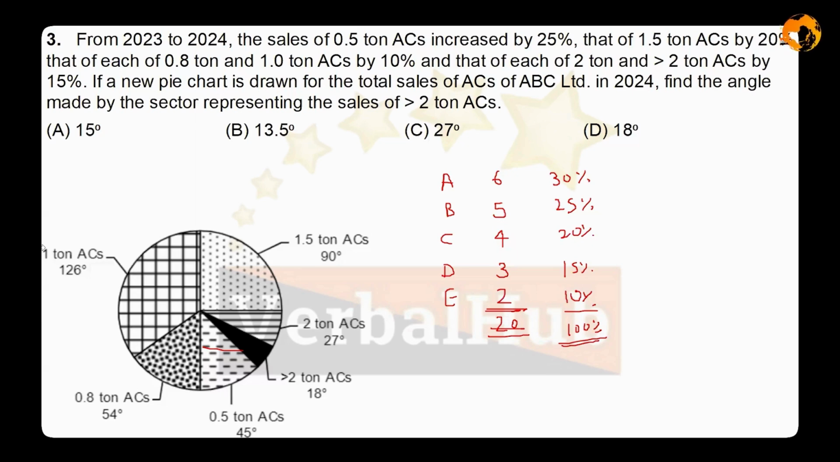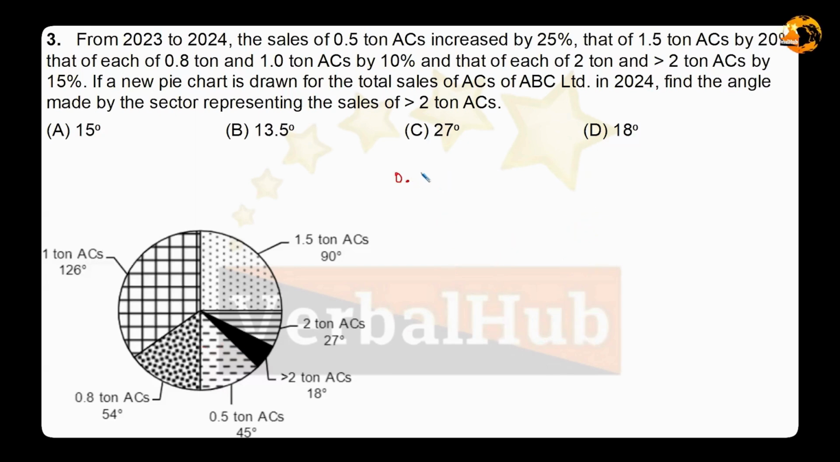So let's do that for the given data. I'm writing the categories of the different types of units over here. So 0.5 ton, 0.8, and all of them, greater than 2. And then